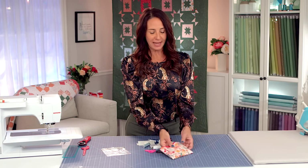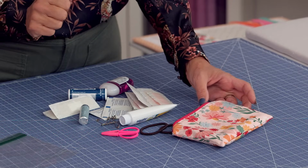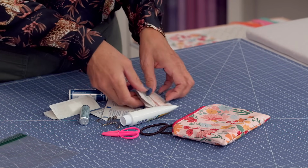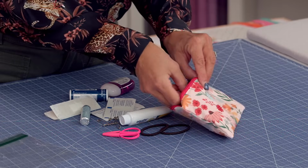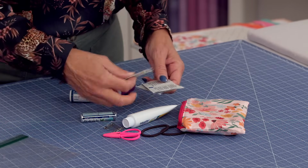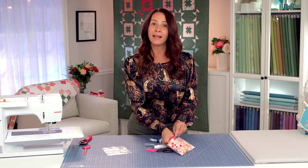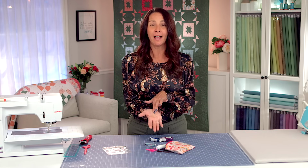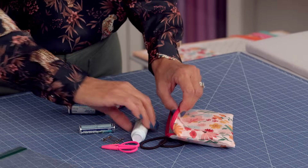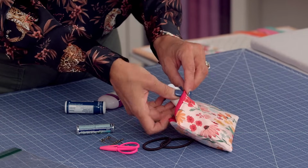So I have made this little zipper bag with my current fabric called Stay Wild. And look what it holds. It holds Band-Aids, an assortment of sizes, alcohol wipes, and I've had more than one mom call me and say, my son, here's a picture of his cut hand, and he had a Band-Aid because he had this in his backpack. Thank you so much. So the boys even use it too. You can put in some